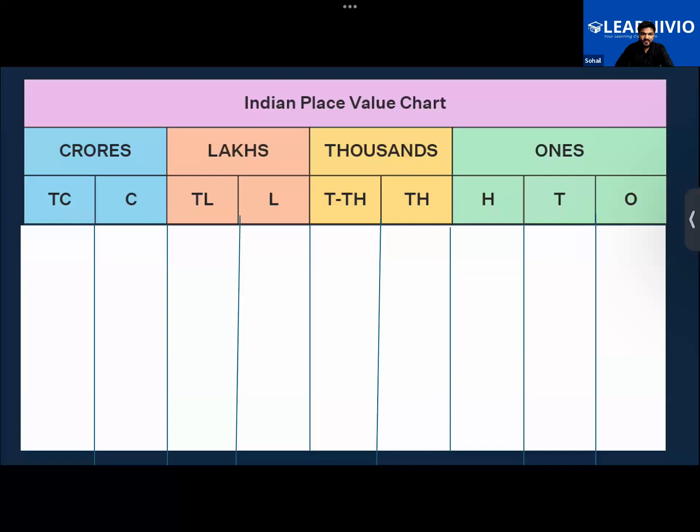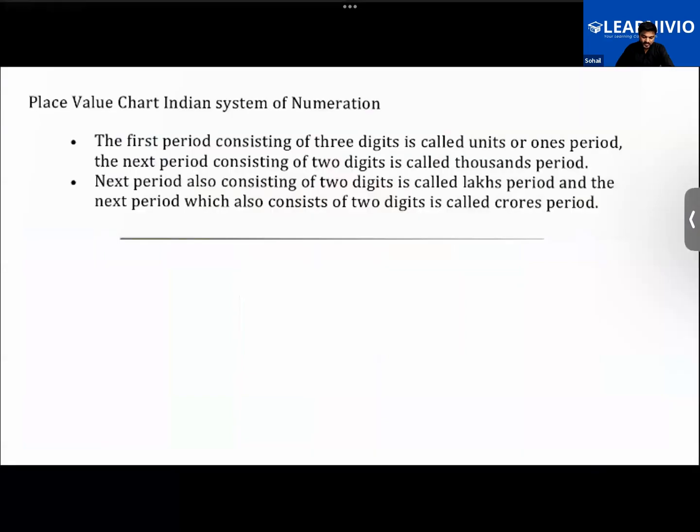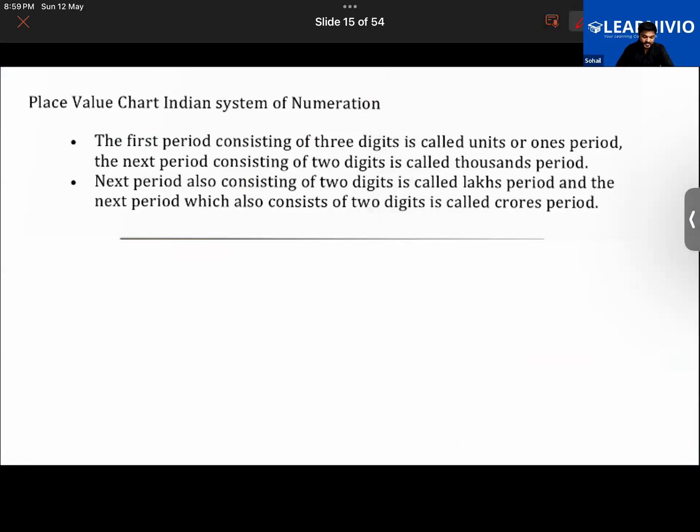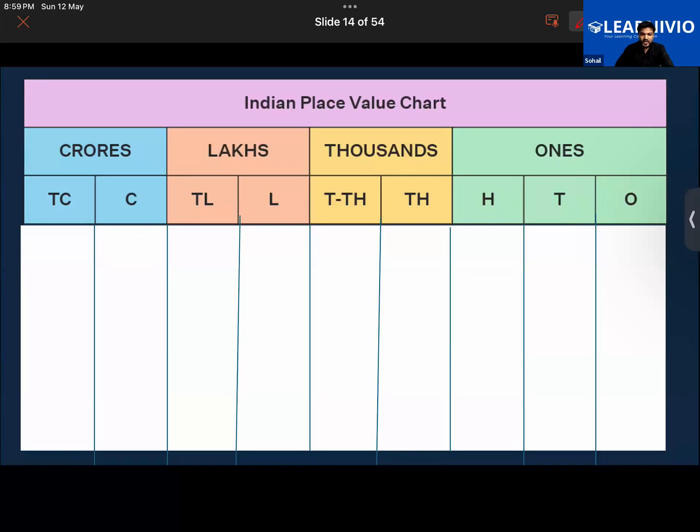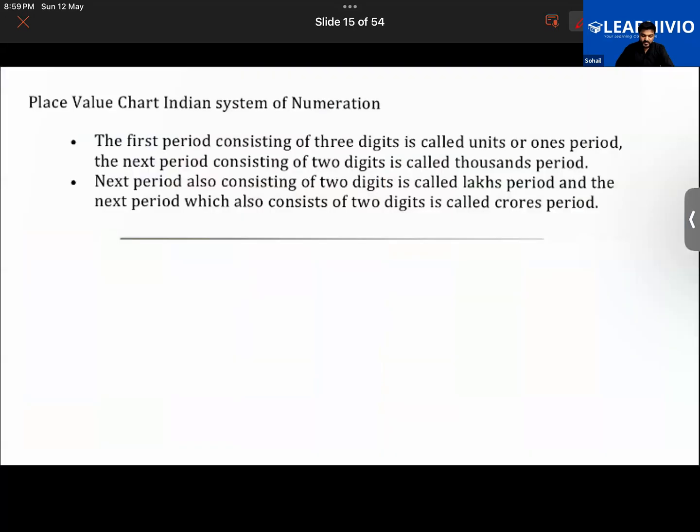So to read the number, we have divided it into different groups. The first period you would find here consists of how many groups? The first period, look at this one. How many groups are there in the first period? 1, 2, and 3. Okay. The second period consists of how many groups? Yes, Sumaya? 2. 2, good. And the lakh period consists again of 2 groups, and the crores period also consists of 2 groups. And for separating periods in a number, we put commas between them.